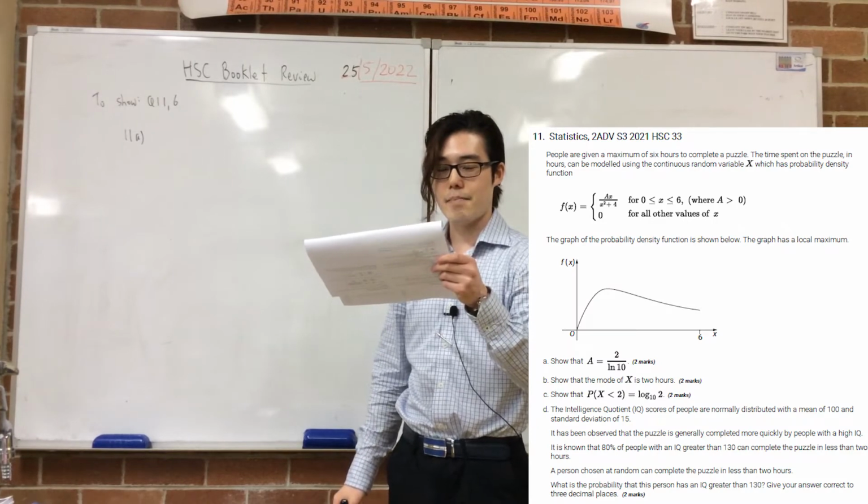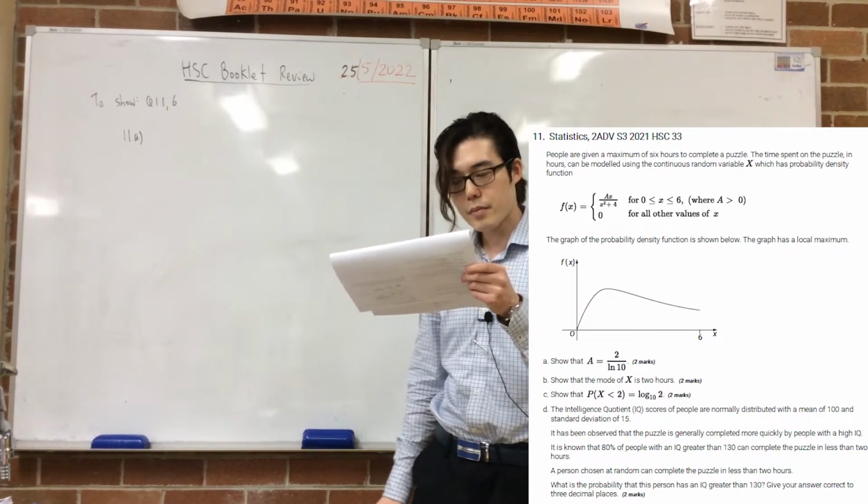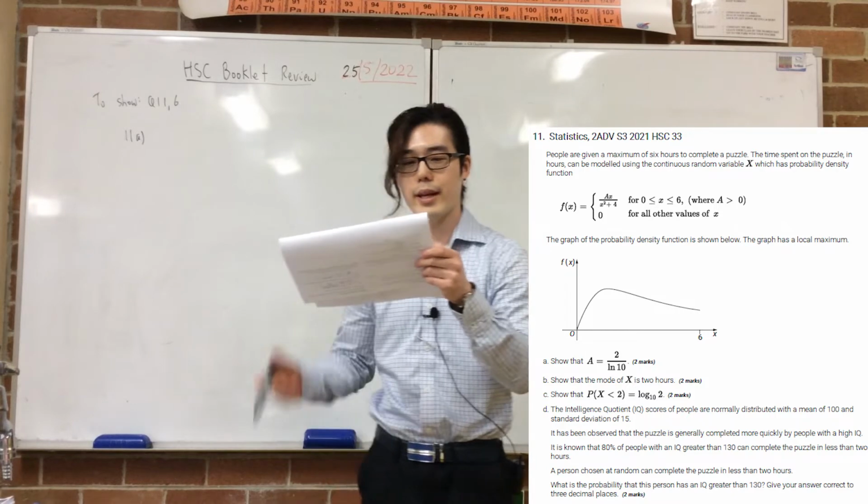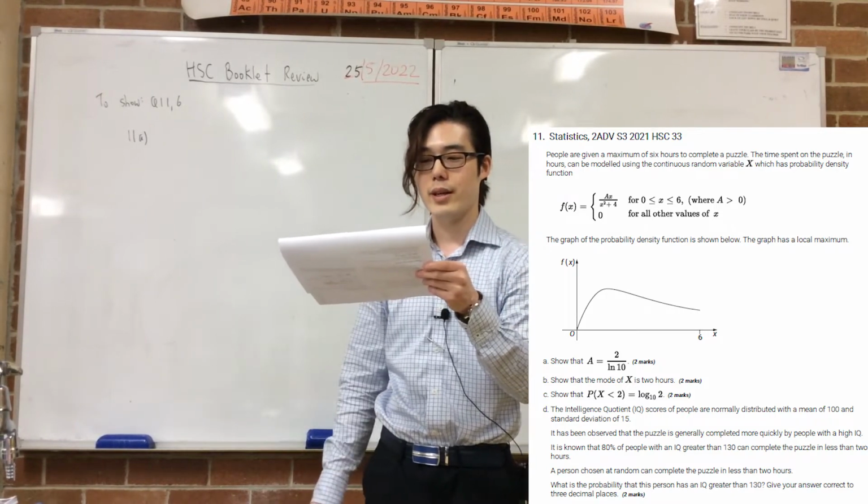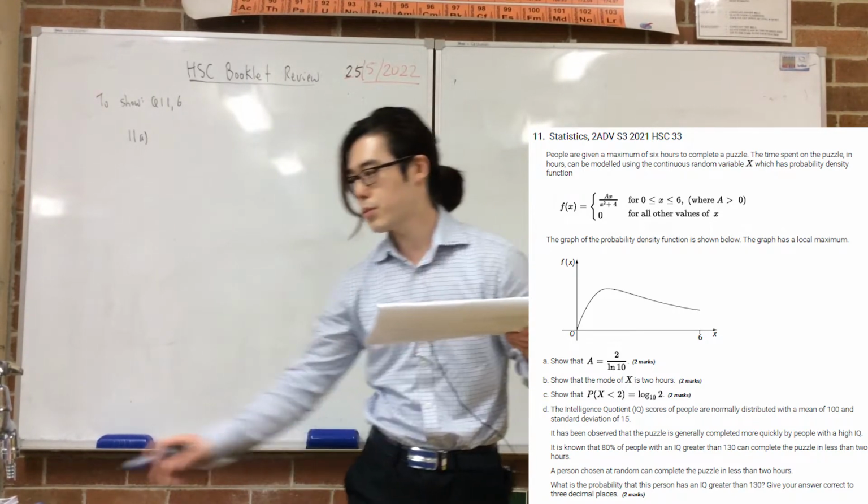People are given a maximum of 6 hours to complete a puzzle. The time spent on the puzzle in hours can be modeled using the continuous random variable x, which has probability